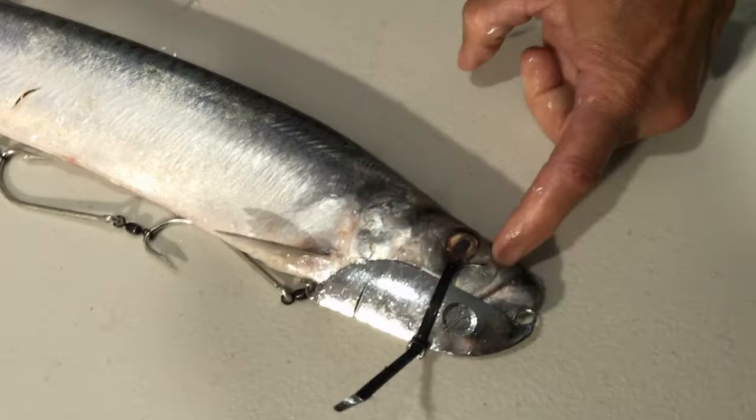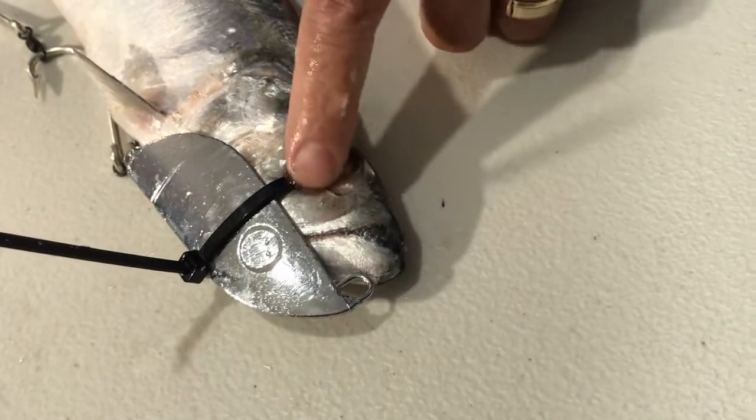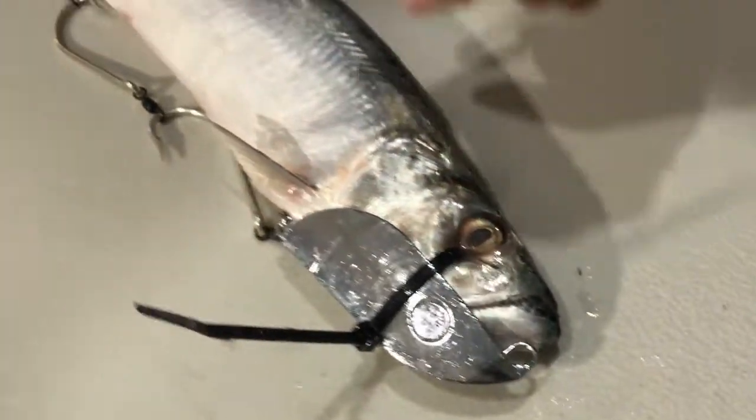And a lot of people wire their jaw, but you don't need to wire the jaw. Their jaw doesn't open that far, so it's not going to create any dramas when you're trolling it. Then cut that off nice and neat,